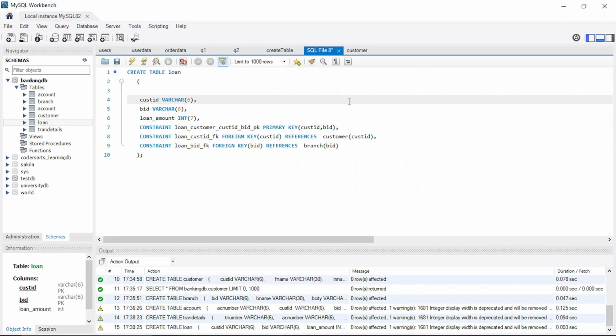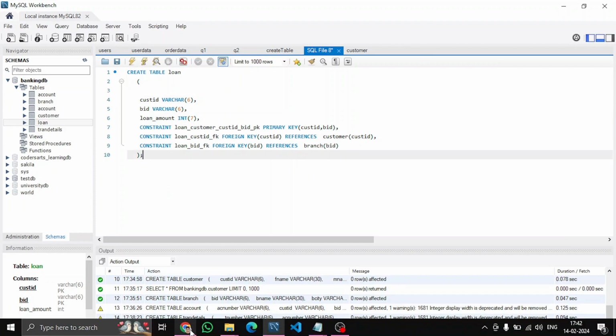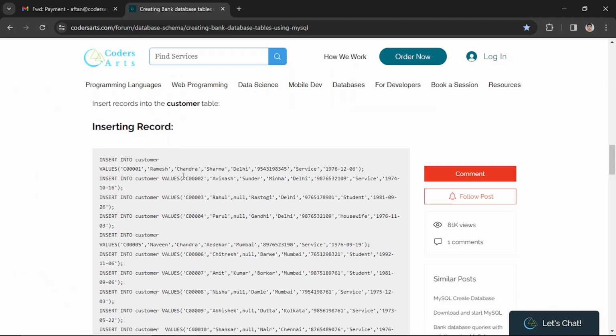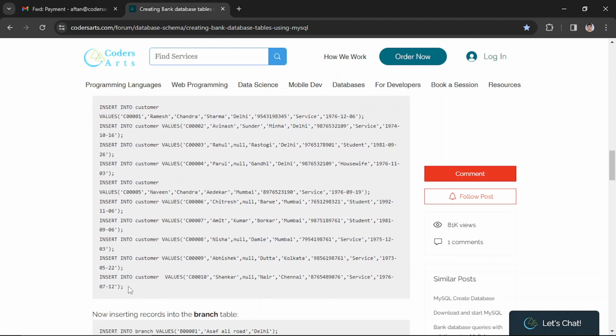So hello everyone, in this video we'll be inserting all the data in each of our tables so we can perform queries as well. First of all, we'll be inserting records in the customer table. So let's copy this,